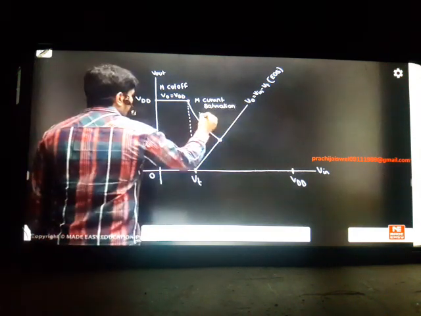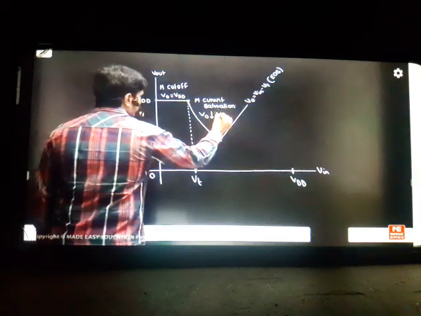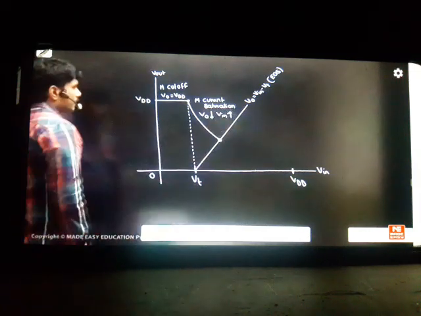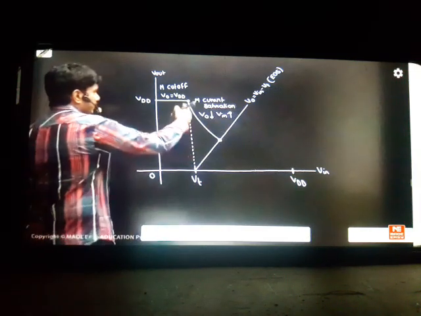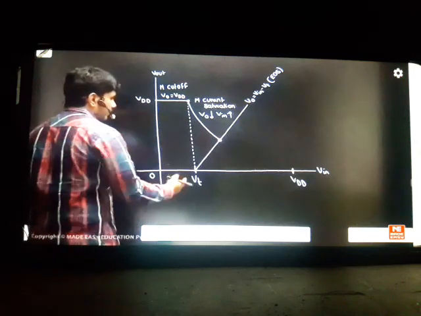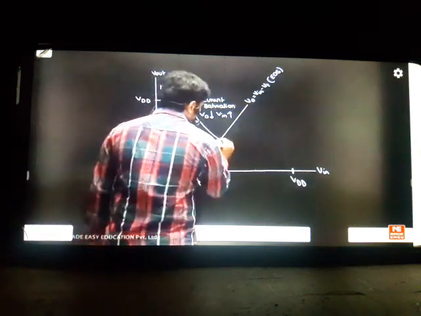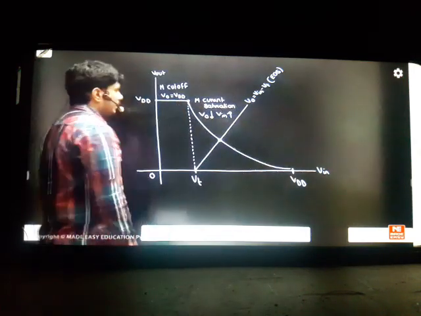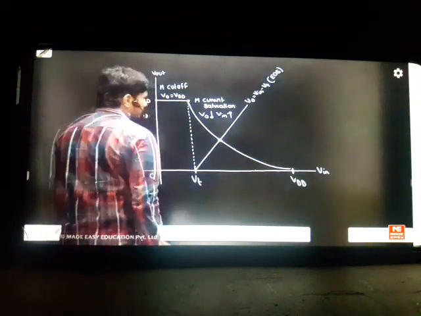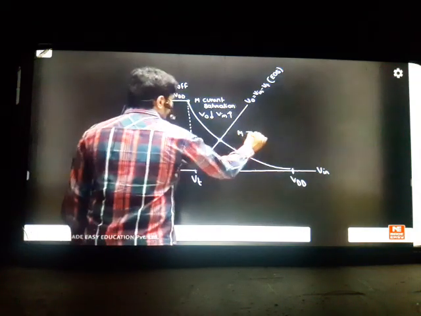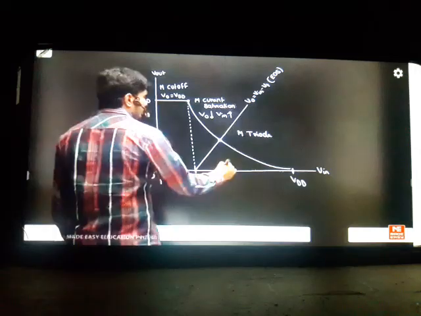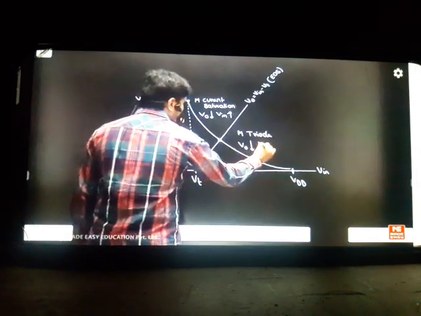Your output decreases as the input increases in this concept, like a non-linear behavior. When it touches this point, again it will go to the triode region. Triode is also a non-linearity where it is falling like this, falling towards 0 in a similar manner. So here M will be in triode. Triode is nothing but the on switch. Your output is again falling as the input increases.